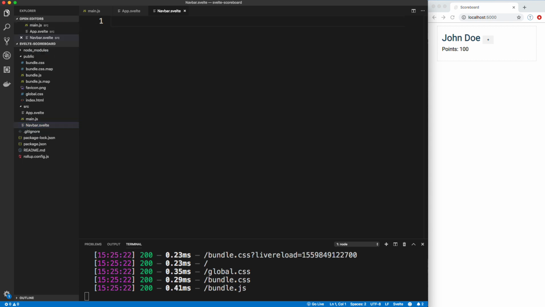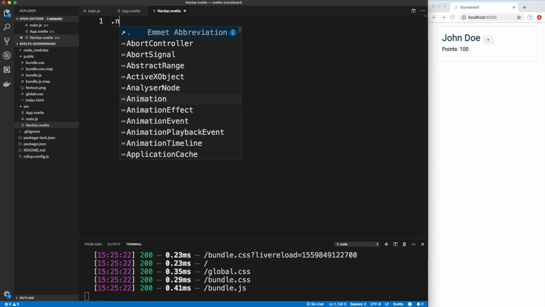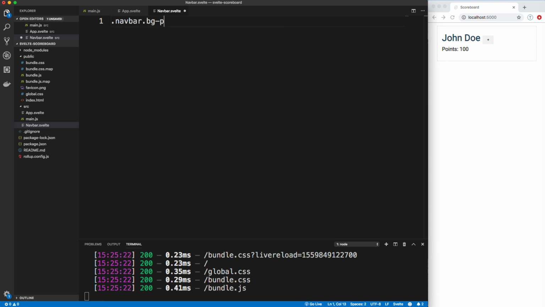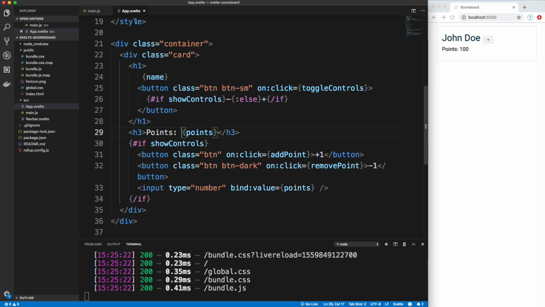All right, so in this navbar, there's not much we have to do. I'm just going to have a div with the class of navbar and bg-primary, and then inside there I'm just going to have an h1 and just say, let's say, player scoreboard. And that's it. I don't have to do any kind of export. I don't have to create any classes or anything like that. It's just simply the markup, and then I can bring it in